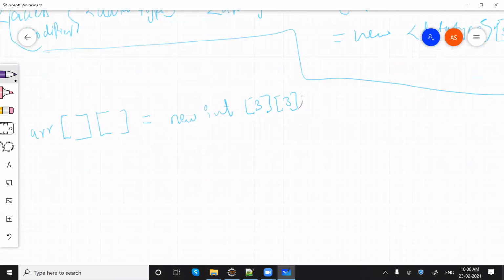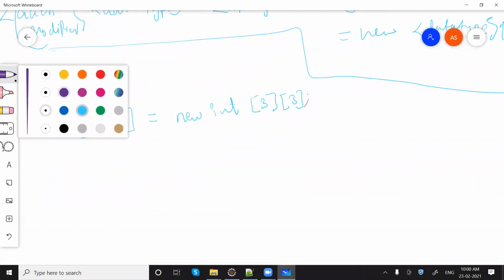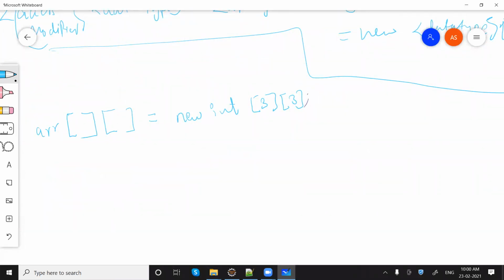We can see there will be indexes in the form of 3 by 3. In the last case with just 10 elements, indexes were 0 to 9, but here we can see there will be indexes from 0 to 2, and for this we will also have 0 to 2.